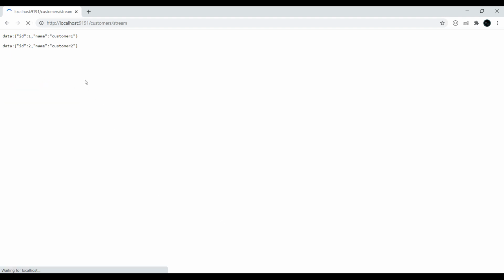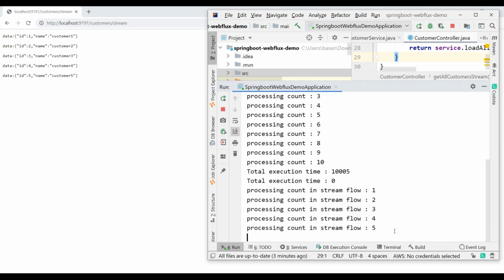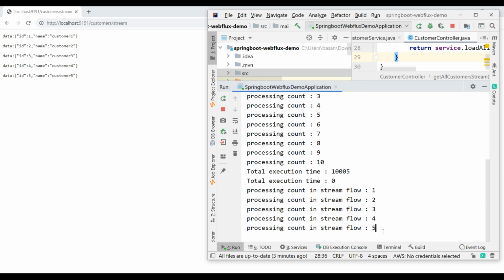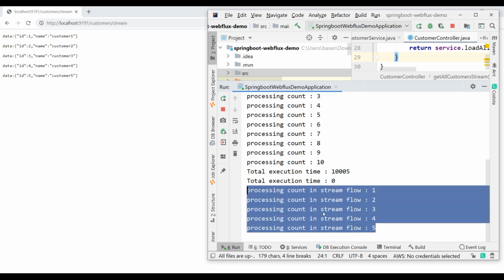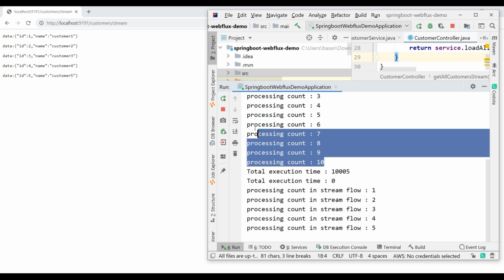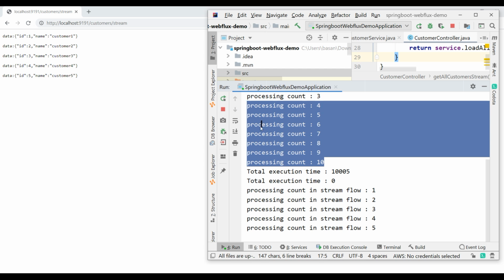In stream, if I cancel the request at the 5th, then immediately, if you observe, after 5 there is no other request flow. That is one advantage of using this reactive stream. Apart from asynchronous and non-blocking, when your subscriber cancels the request, it immediately stops the execution. The request will not go to my backend code. But in the case of the traditional approach, even though the subscriber cancels the request, it still executes in the backend.